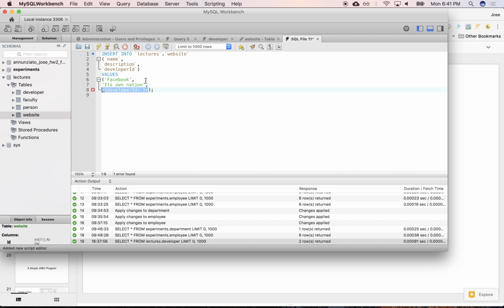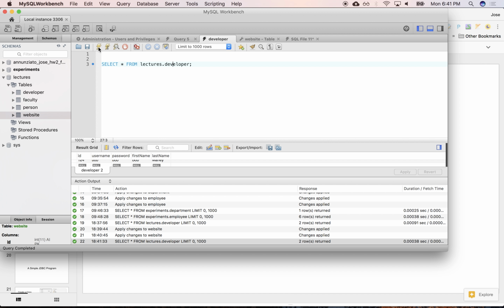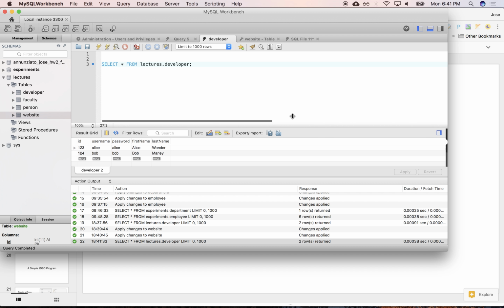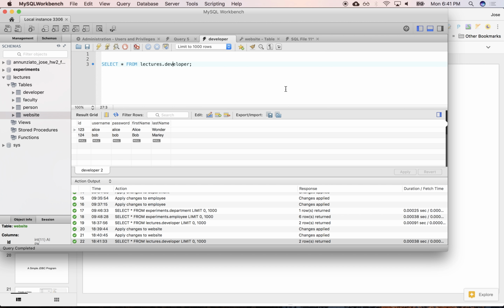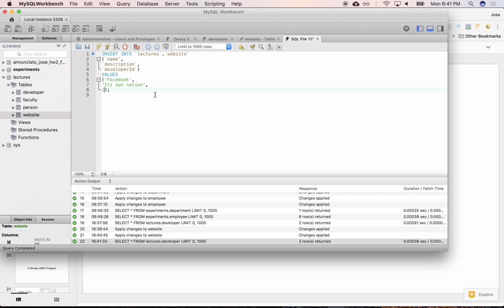I don't know what the developers are. Let me select the developers. I don't know their IDs. What IDs do I have? Okay, 123 and 124, right? So let's give it all to maybe Bob. So that's 124. And if we insert that,